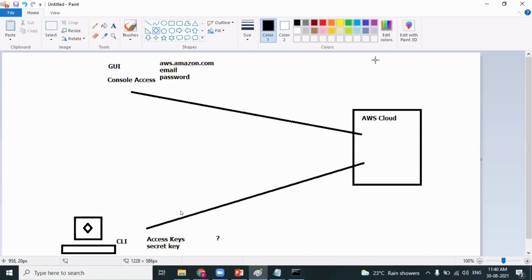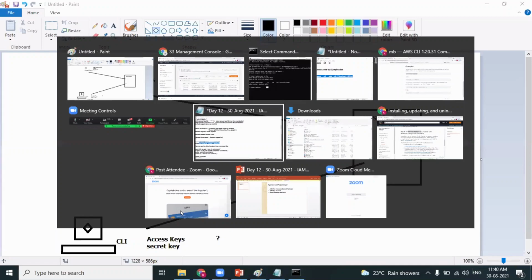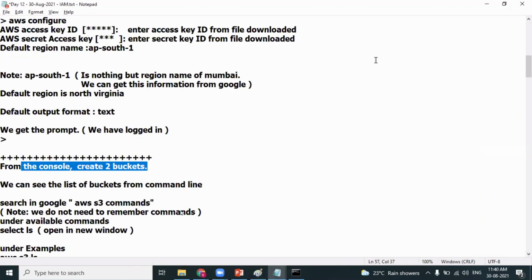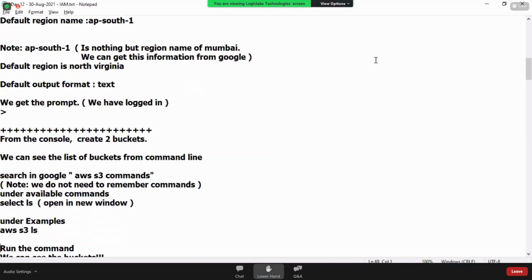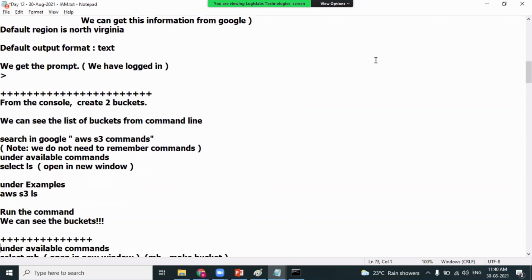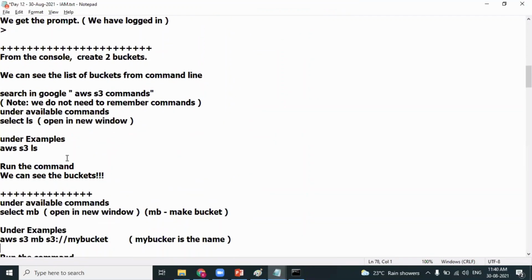What if you want to upload an object into the bucket? There is a command. So whatever you want to do, you can do it. Remember, whatever you can do from the console access, there is an equivalent command. If you want to enable versioning in that bucket, there is a command. So you have equivalent commands in the command line interface. Please look at this. You are able to see aws s3 ls. We are able to see the list of all the buckets.